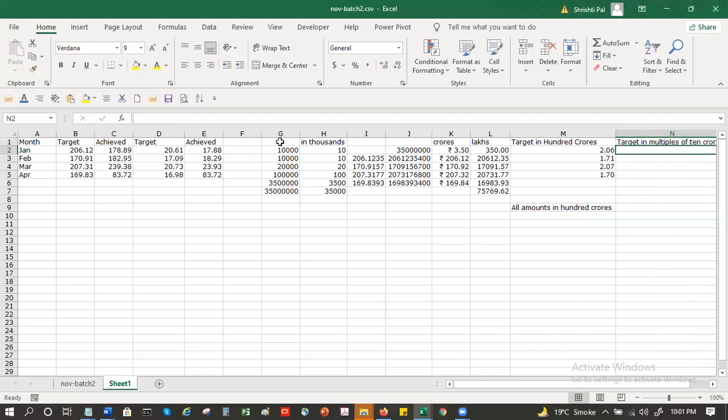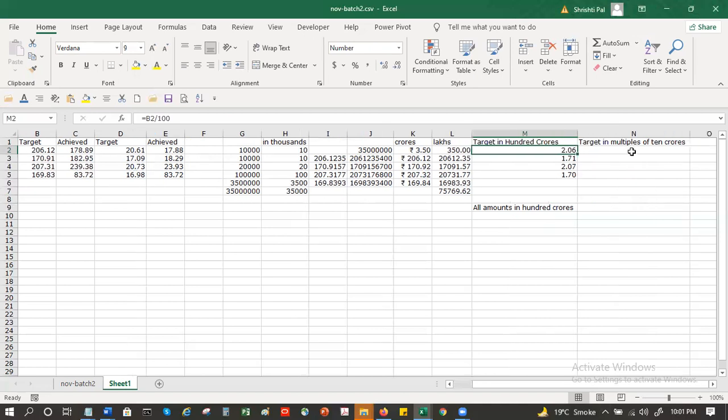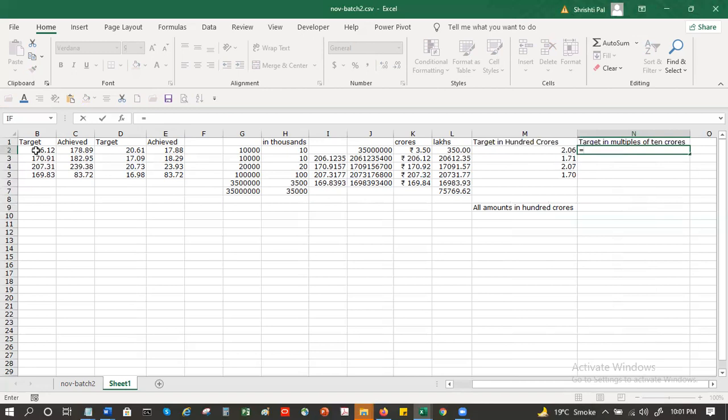So here we divided it by 100. In this case, you will divide it by how much? 10? Yes. And decimals can be reduced. Yes, that is normal.